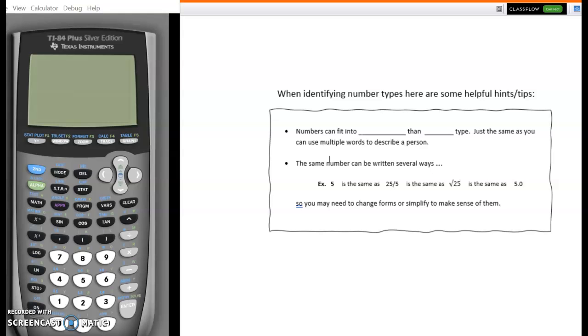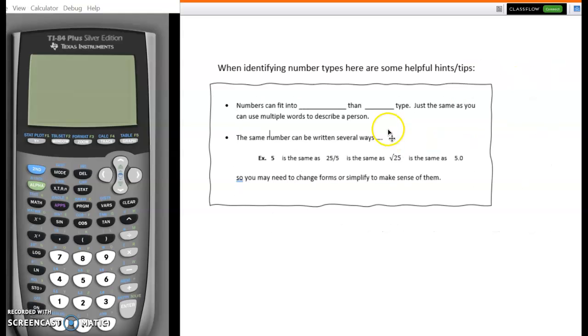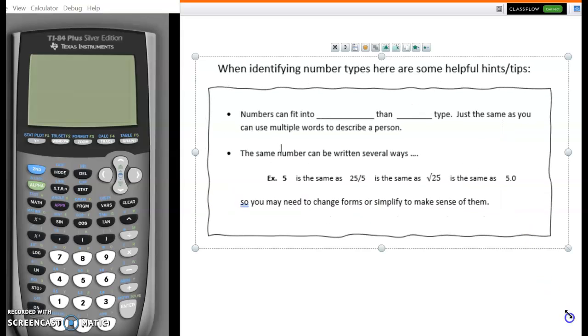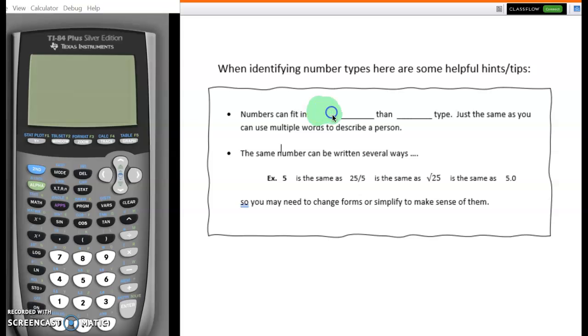So when you're identifying number types, here are some helpful hints and tips to keep in mind. Numbers can fit into more than one type, just the same as you could use multiple words to describe a person. The same number can also be written several different ways. This is going to come into play a little bit later in the week, but just to review what I mean by that: